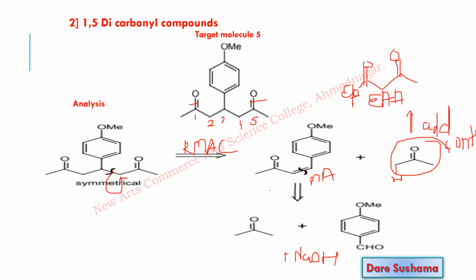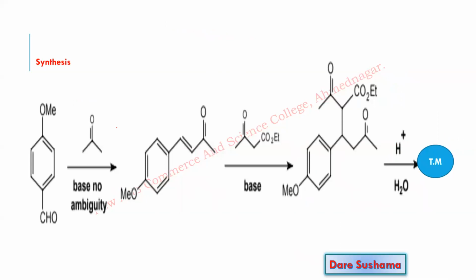So the retro of this is what? Retro aldol condensation reaction. You always remember, whatever the reaction path you followed, that always write down on the arrow. Now look at the synthesis. It's acetaldehyde, treat it with base and then acetone. What is this reaction? Aldol condensation reaction. After dehydration, it gives what? This is the Michael acceptor.